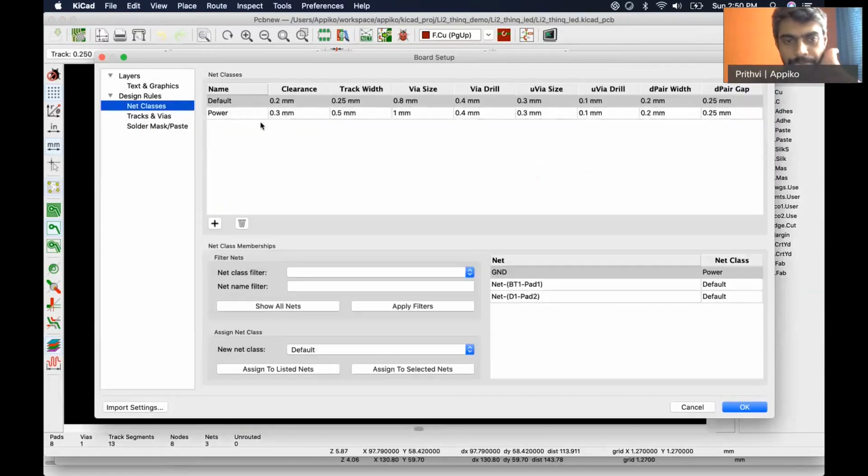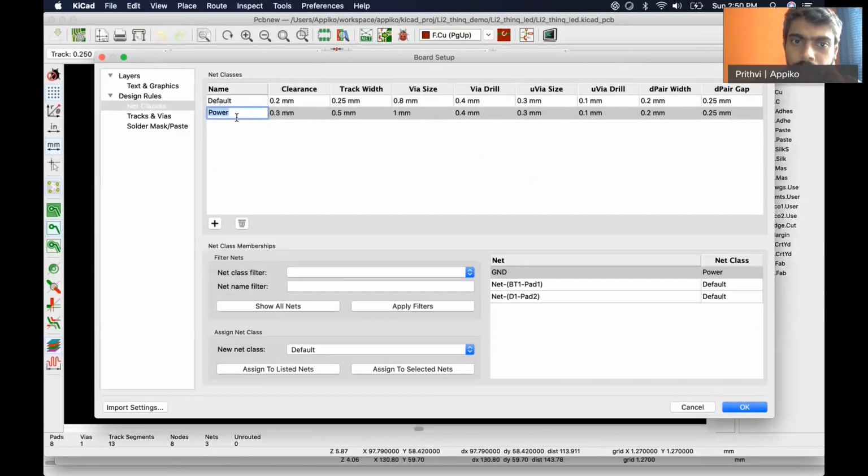So now there are two different types of nets present, one default and another power, where the track width changes, the clearance to these tracks is changed, the wire size is changed, and so on.